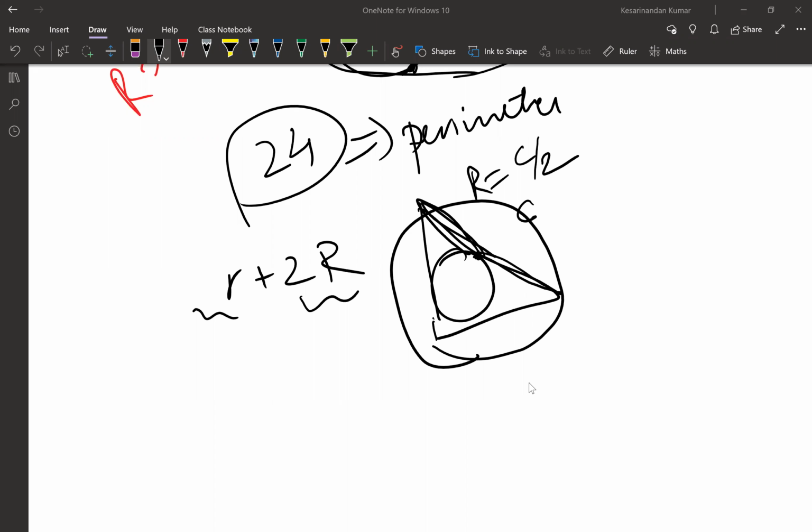Anshula, what approach did you use? I used the same one as Aditya said in the last question. Yes, yes. Sum of all sides is given as perimeter. Yes, perfect. 2r plus capital R plus small r, and again plus capital R plus r is equal to 24. And by adding all this, I get r plus 2R is equal to 12. Perfect.